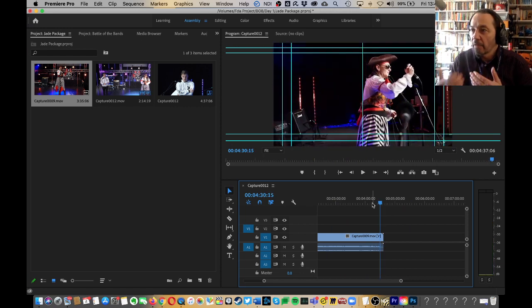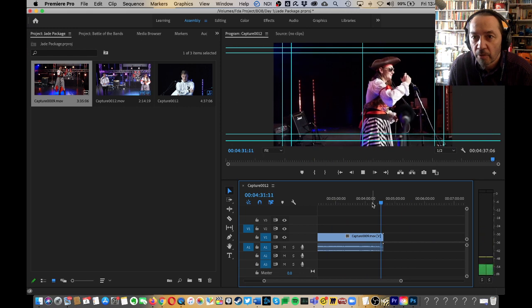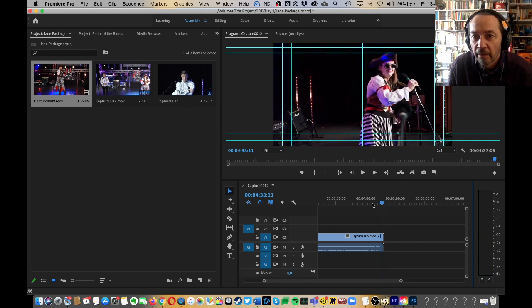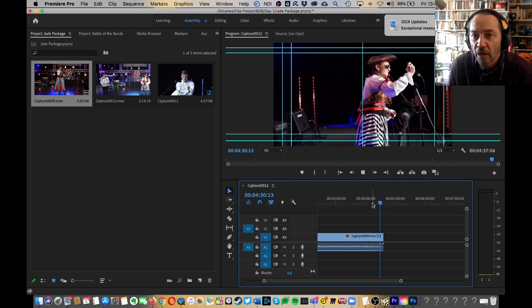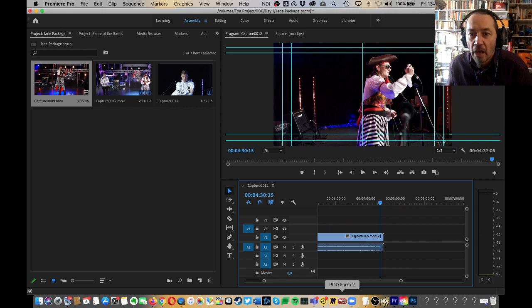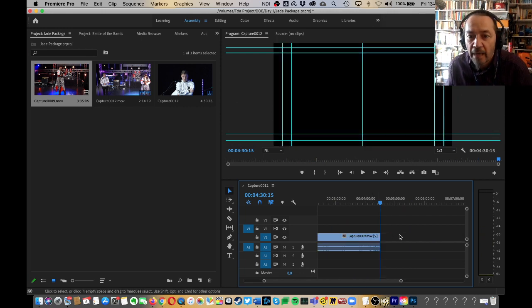There we go. And I think I'm going to leave a little bit of a handle on that. So she's going to put the thing in like that, and we hear the microphone. So I'm just going to cut it just before she starts putting the microphone in. I just want the point where she stops there. And we'll go there. There we go. So I'm just going to cut it there,